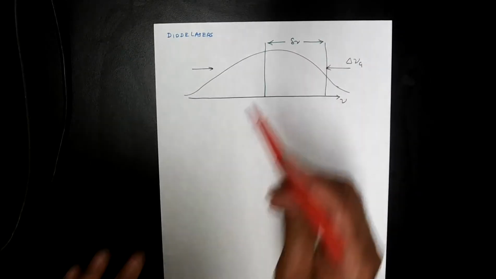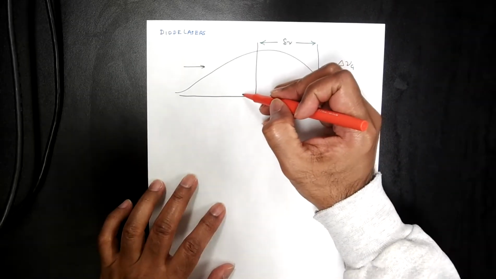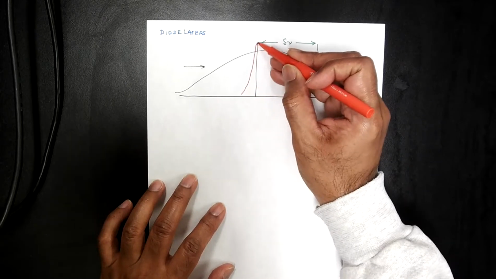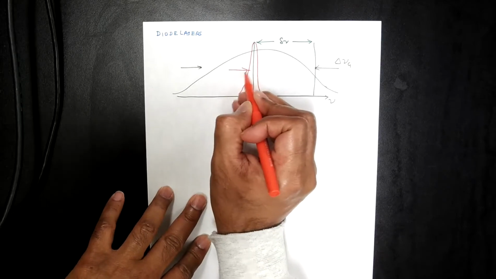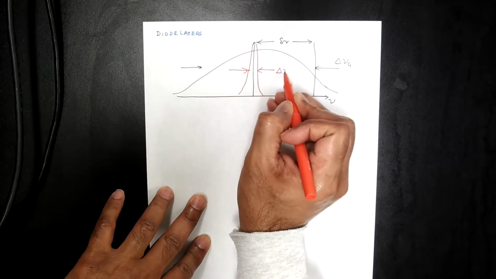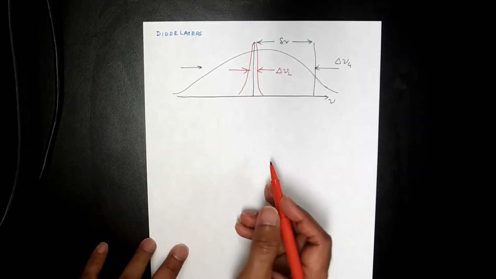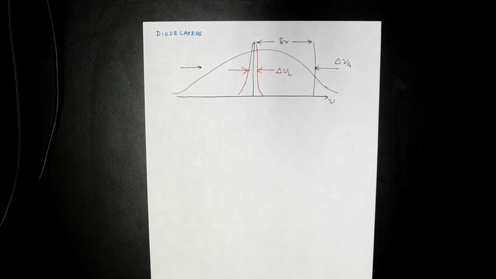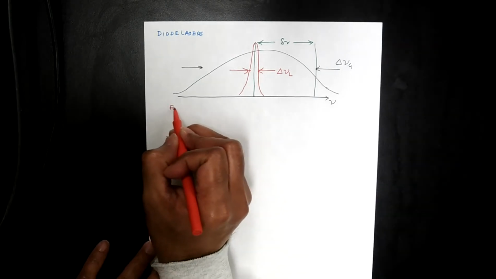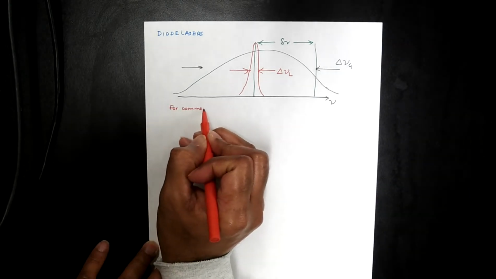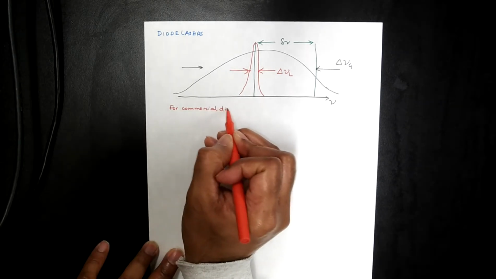But then this mode that's permitted has a certain width to it, and so this is delta nu L. And what we will find is that in the case for commercial diode lasers,